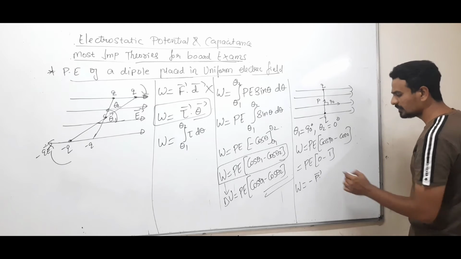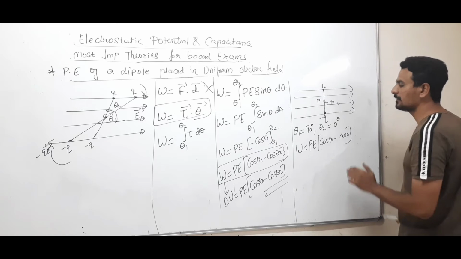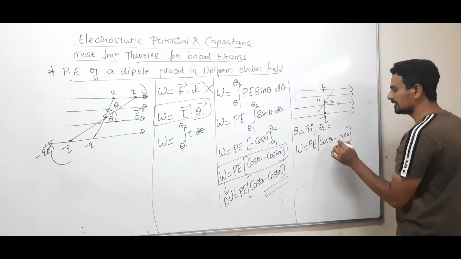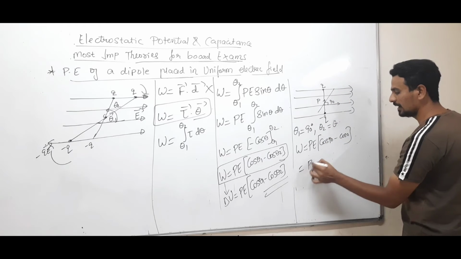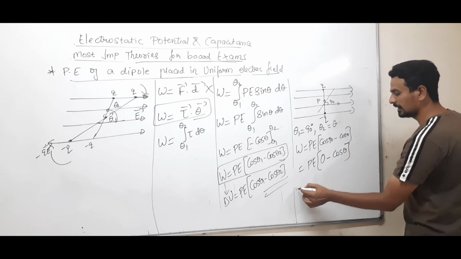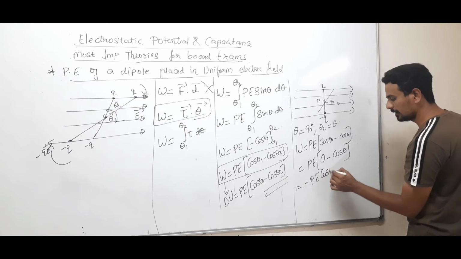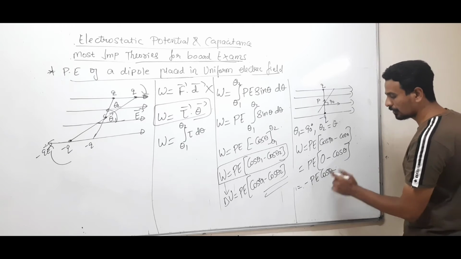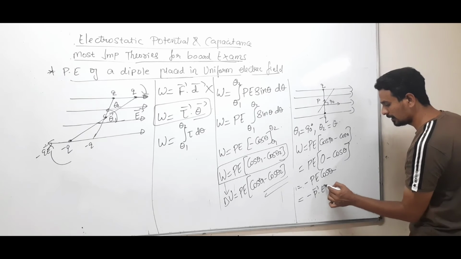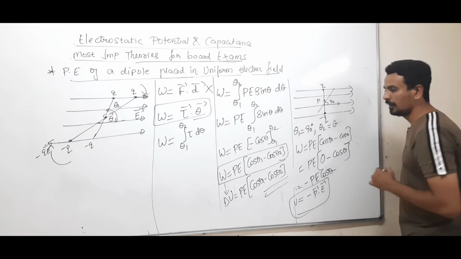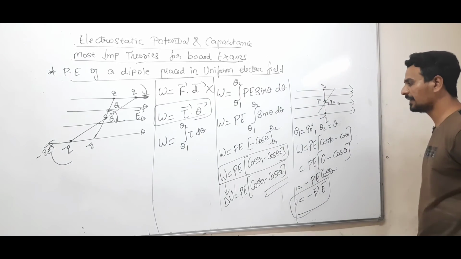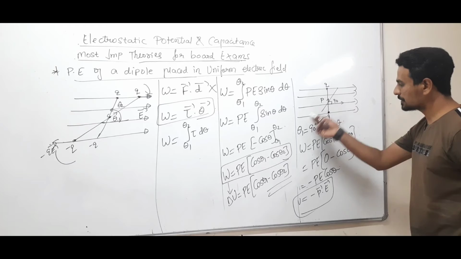Clear? Or general formula, we'll derive the general formula. Let us say that we are rotating the dipole from 90 to any angle theta. So this will be P E into 0 minus cos theta. So that is minus P E cos theta. Clear? So A dot B, that was A B cos theta. So this can be written as minus P dot E. This is the energy stored in a dipole when placed in a uniform electric field. See, this is just one of the special cases, right?